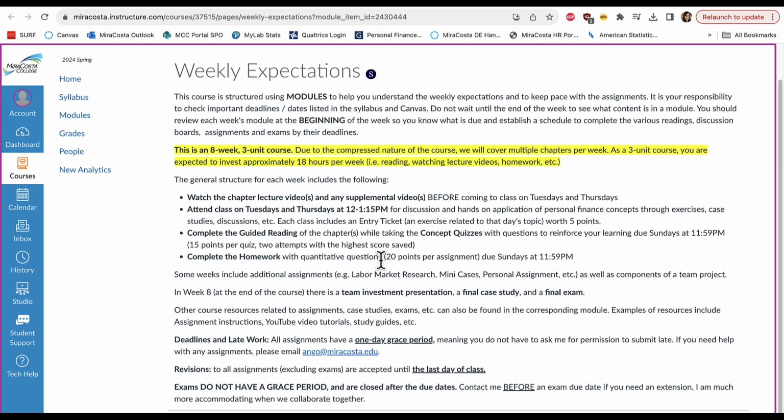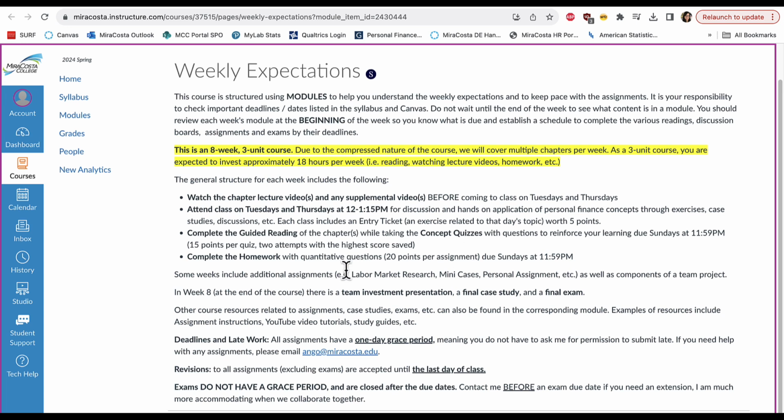So the way I've structured that is so that you're not stressed out about trying to read everything before coming to class. As long as you watch the videos, you'll have enough of the course content so that we can do the work in class together. And then the guided readings really is more of a skimming in order to answer the concept quizzes to make sure that you get the key concepts down,